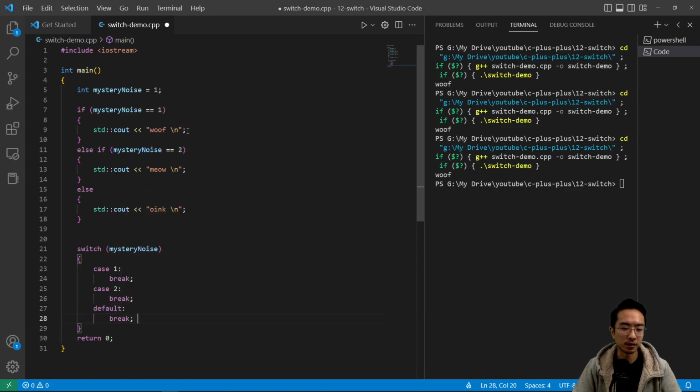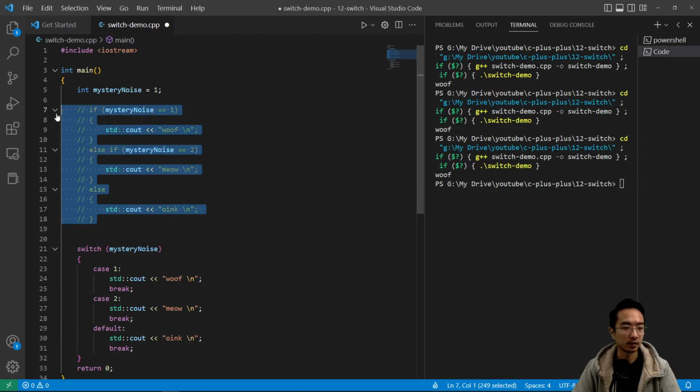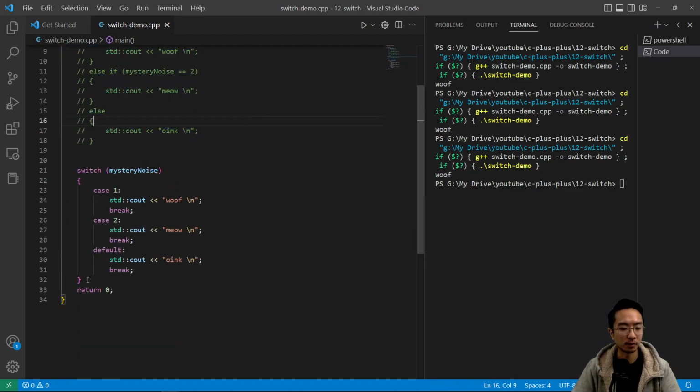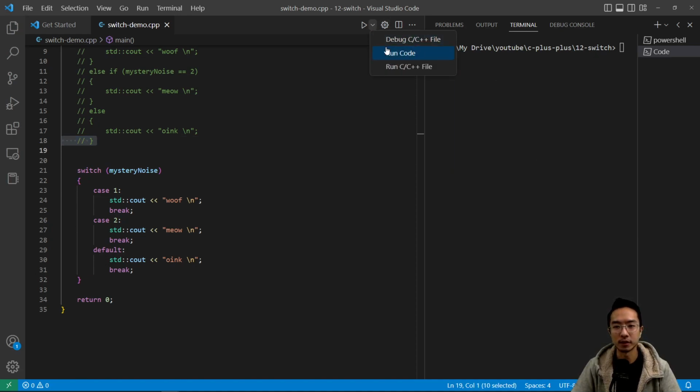So we're just going to use what we set up here, not going to retype it. Okay, so we have our woof here, and then we have our meow here, and then we have our lovely oink. Okay, so I'm going to comment this out. I don't really have to, but it just makes it cleaner. And then let's clear this, and then if I run this,